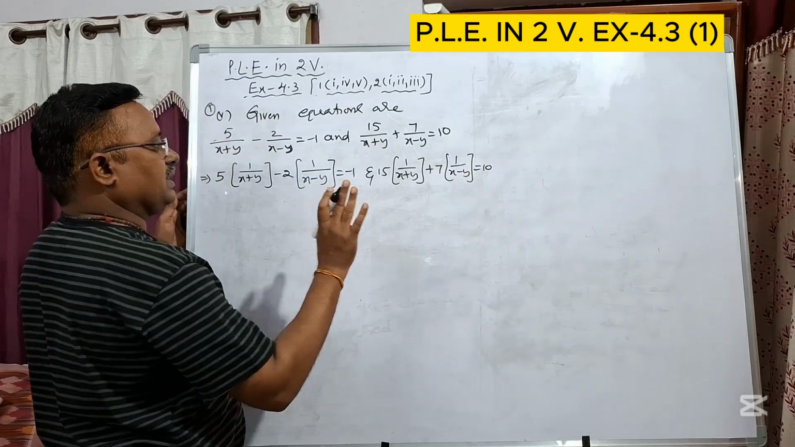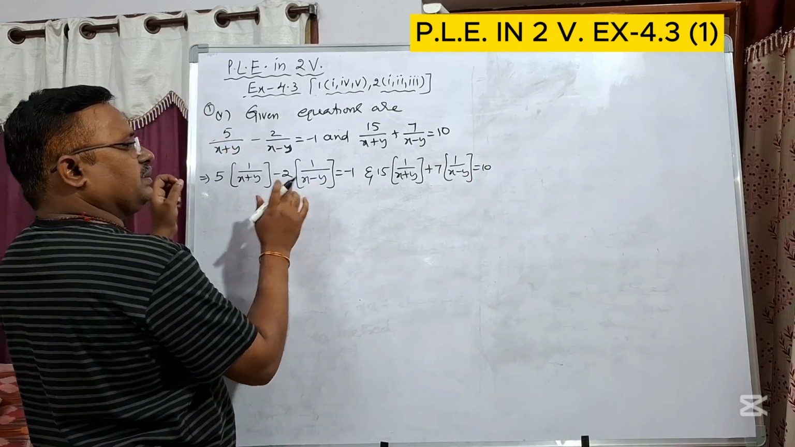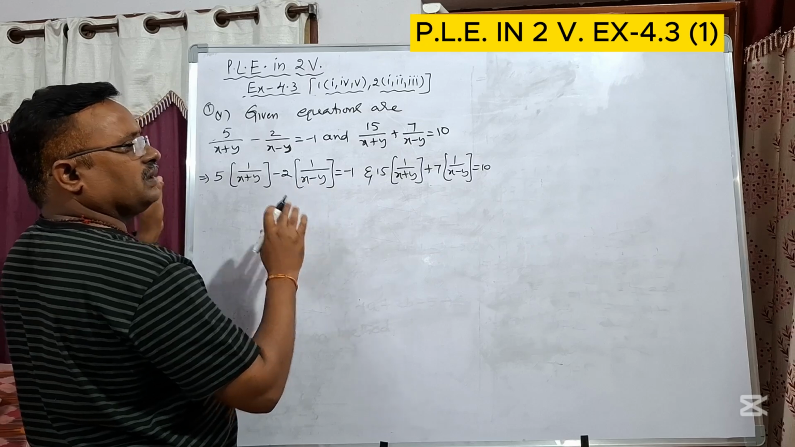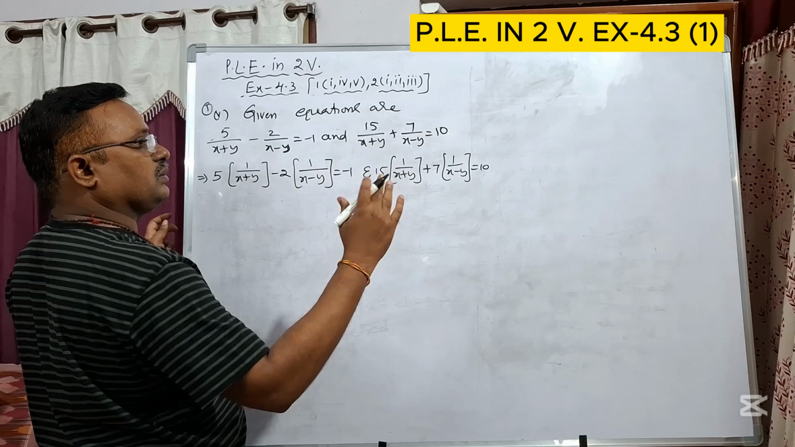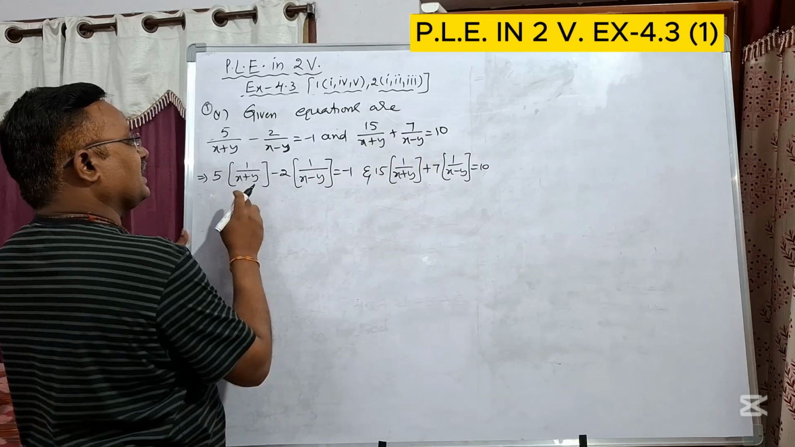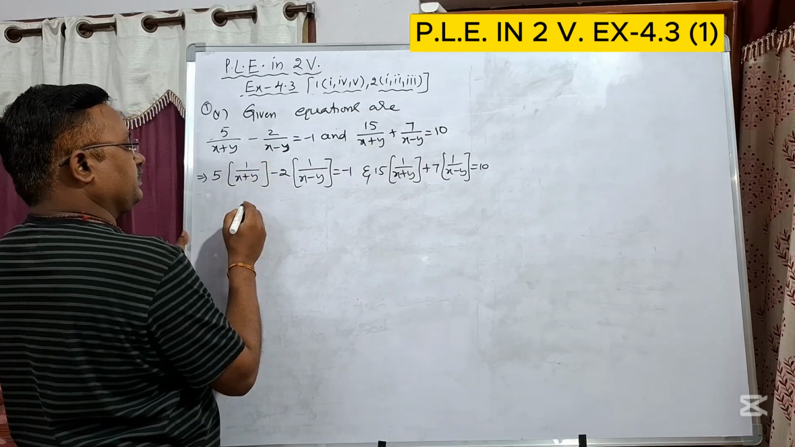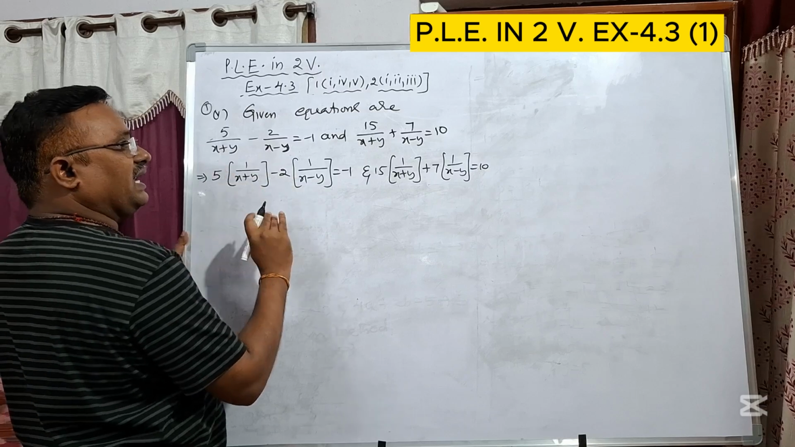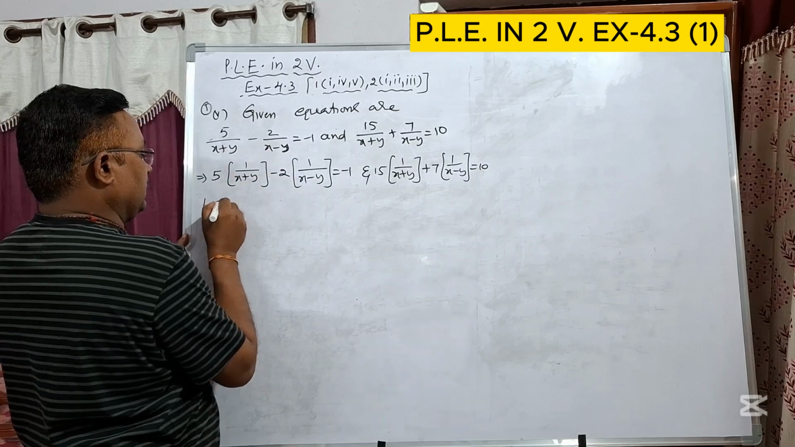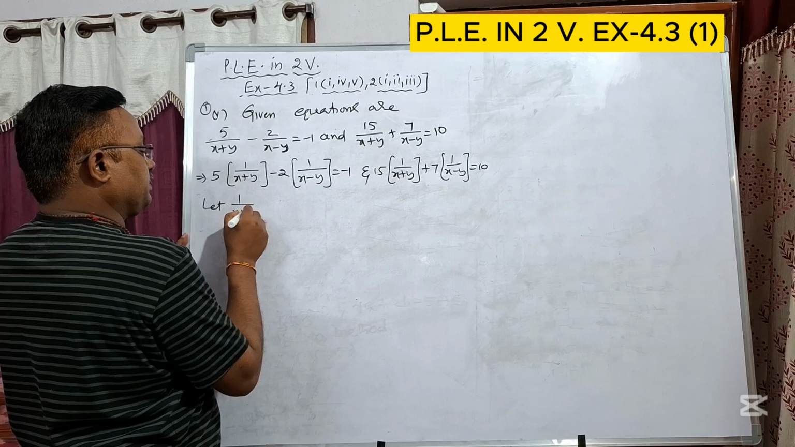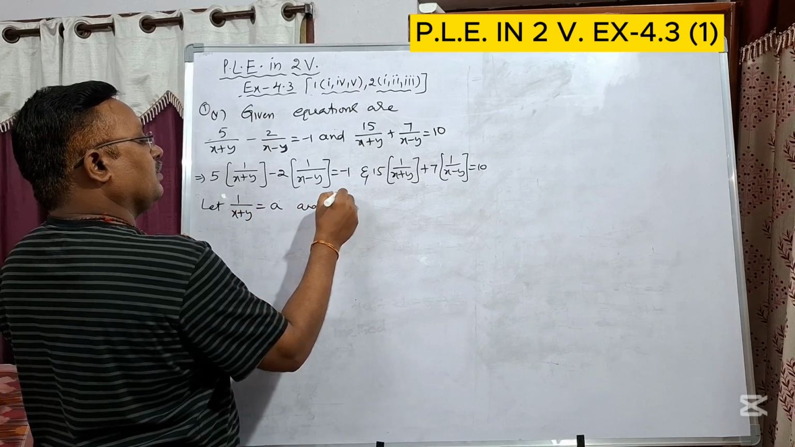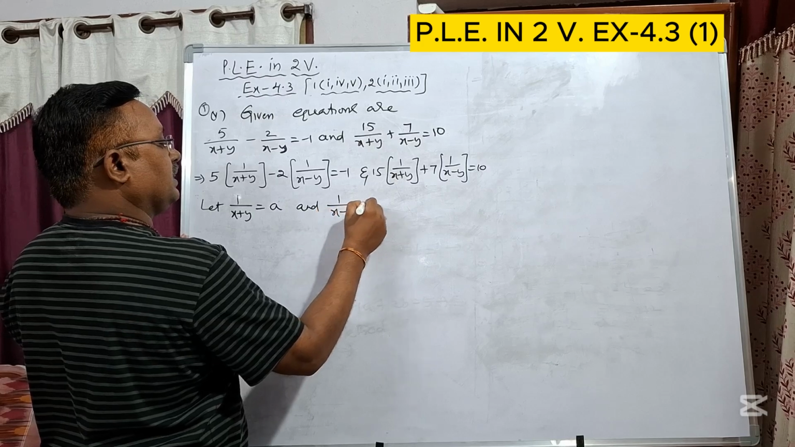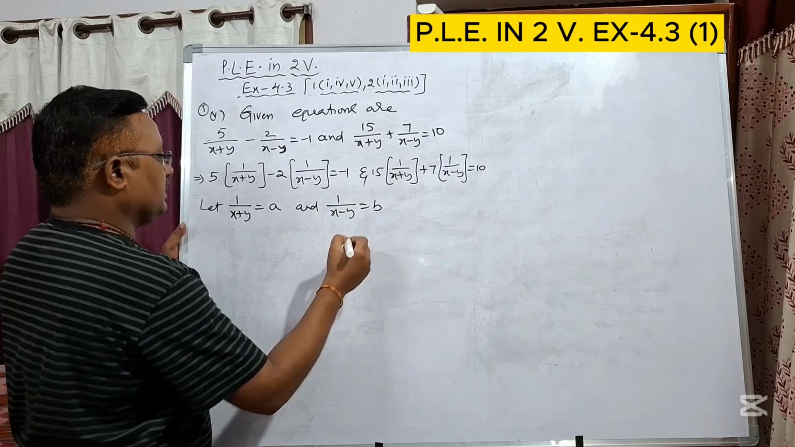Clear? As I told you before, when the variables are there in the denominator form, those are not in PLE form. To reduce them into PLE form, consider that reciprocal type term as a new variable. So let 1 by x plus y equal to a and 1 by x minus y equal to b. Then